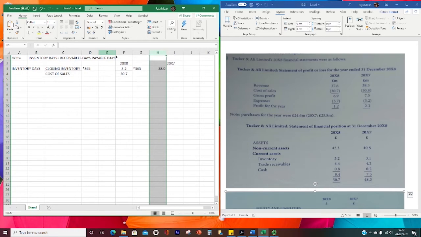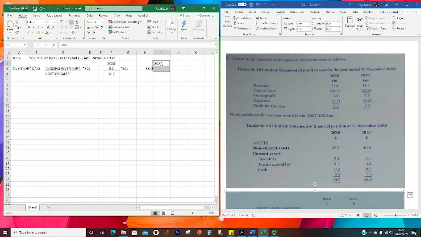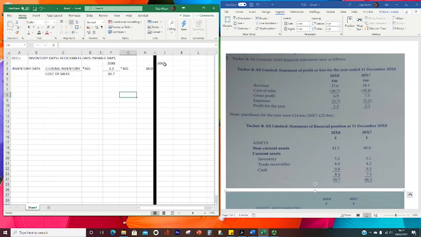Okay, so what I need is 20x7, a bit of a gap here. So I'm going to create this column like this. Okay, and now I'll do for 20x7. For 20x7, the inventory is 3.1 divided by cost of sales, which is 30.8 times 365. So to calculate this, 3.1 divided by 30.8 brackets close times 365, and I get my result as